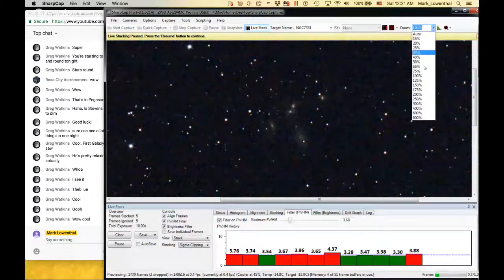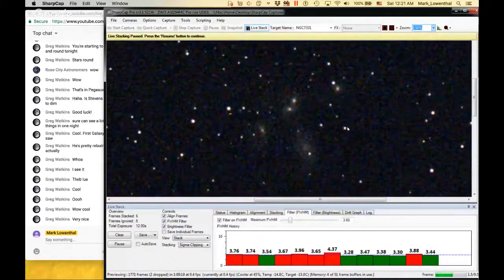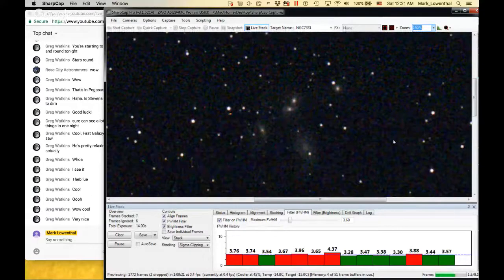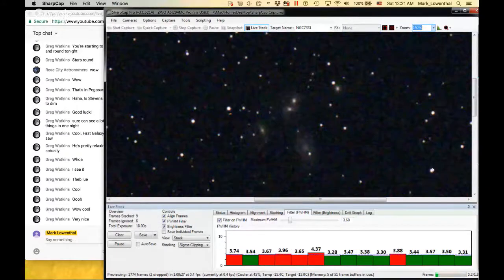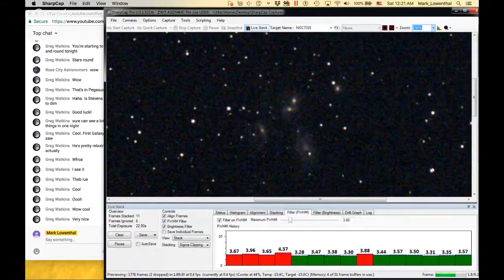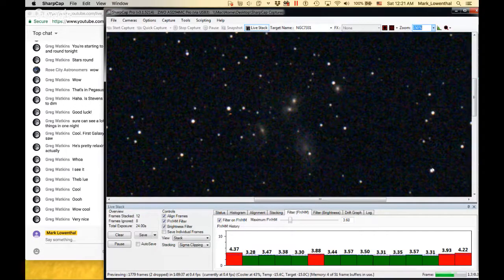Watch the stack as the stack grows. You can see the noise disappear. That's a really nice view of it. So typically after about 30 seconds or so, or about 10 or 15 frames, the noise